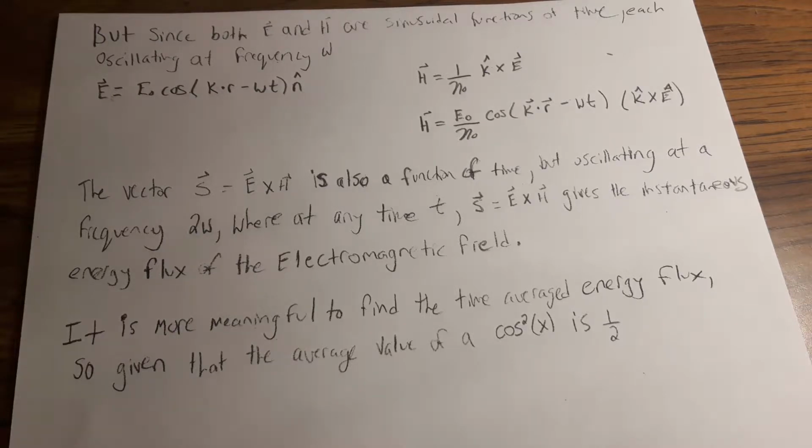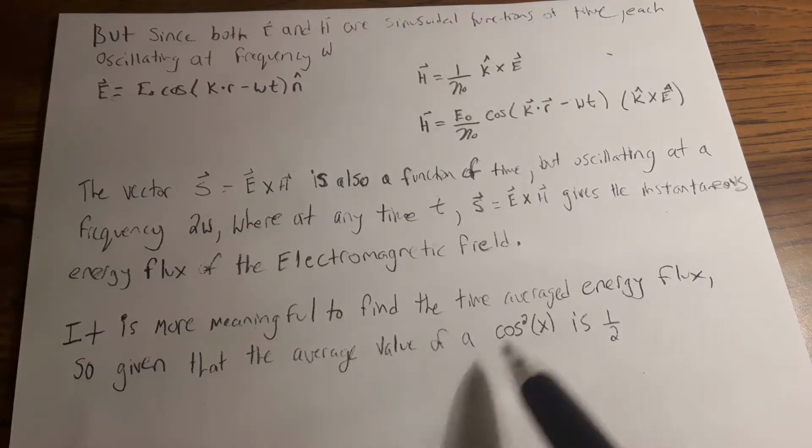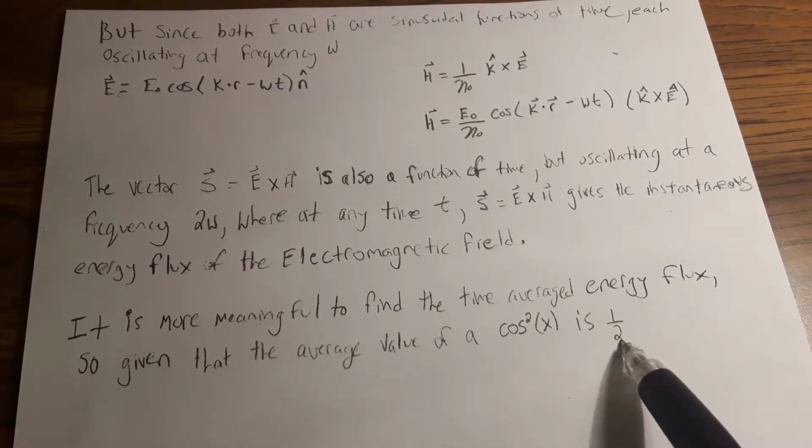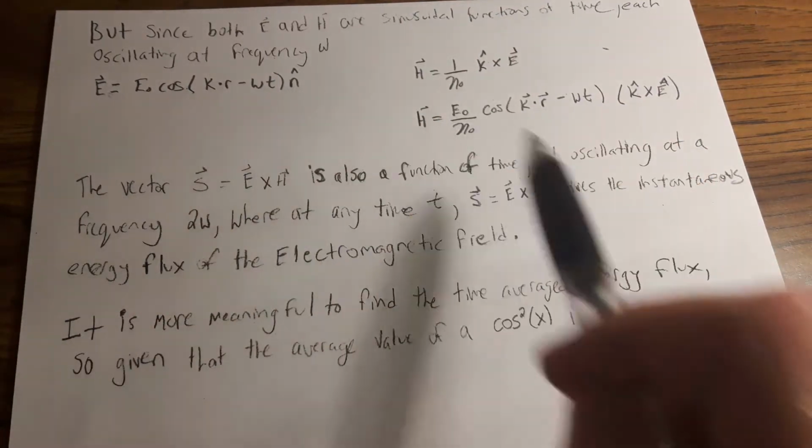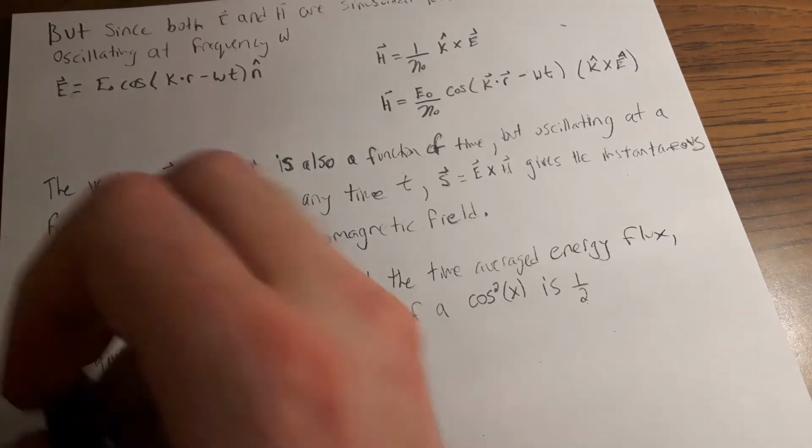So given that the average value of cosine squared is 1/2, and we are multiplying these two cosines together, we find